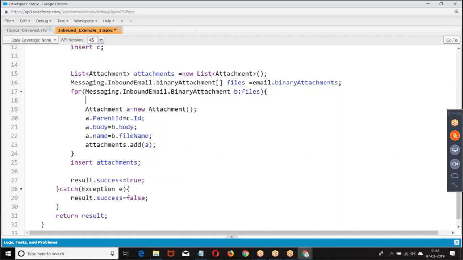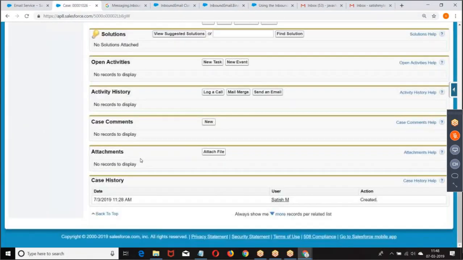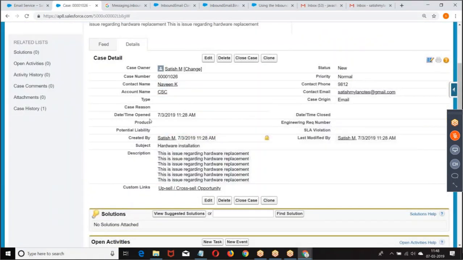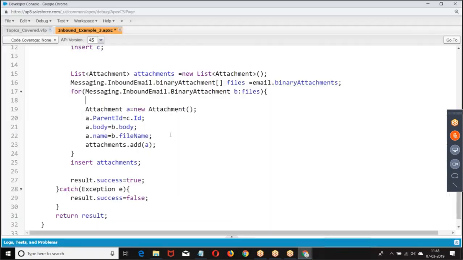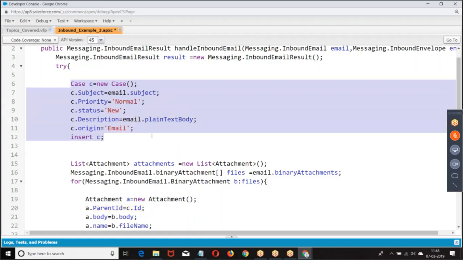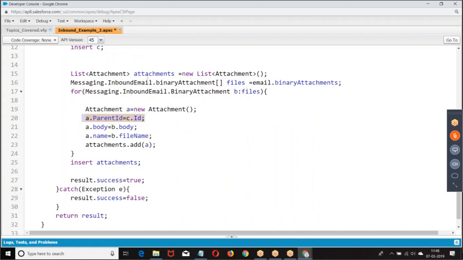Line number 20: now we are creating an attachment. Go to this record. This attachment is for this record, so this is a parent and this is a child. There should be a lookup field on the attachment object. What is that lookup field called? ParentId. ParentId will store the ID of the parent record for which the attachment is added. So here, parentId equal to c.Id. What is c? Case. So this attachment is added to this case. Is that clear?